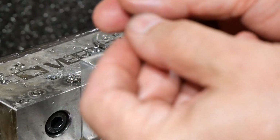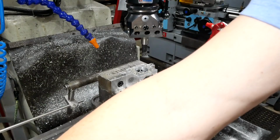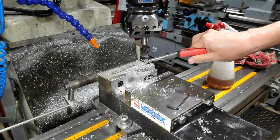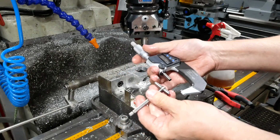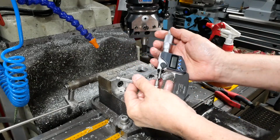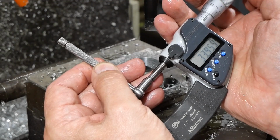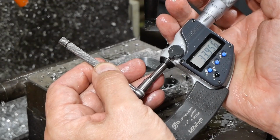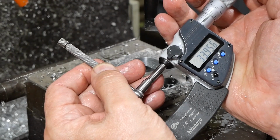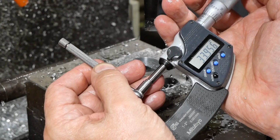Wind this back a bit so I don't score the bore on the way out. And get some of this stuff out of it too. Let's see what we got. Hopefully we'll be getting pretty close to 34. Alright, so what do we get? We got 33.95, aiming for 34. So I think I'll take another pass with the boring head on the same setting and